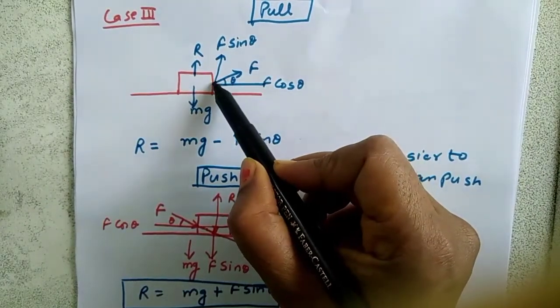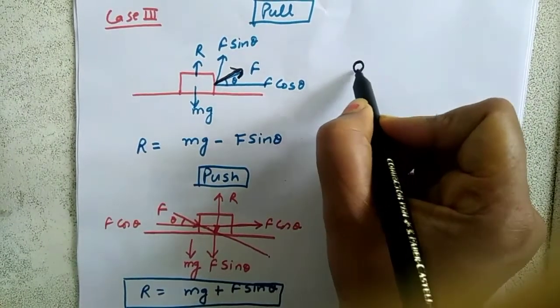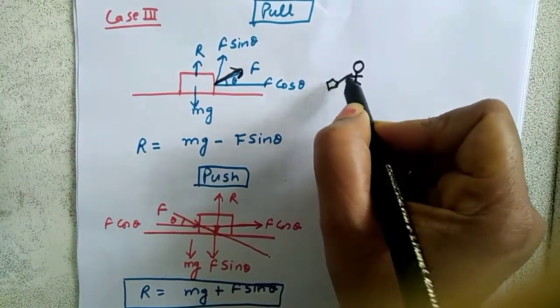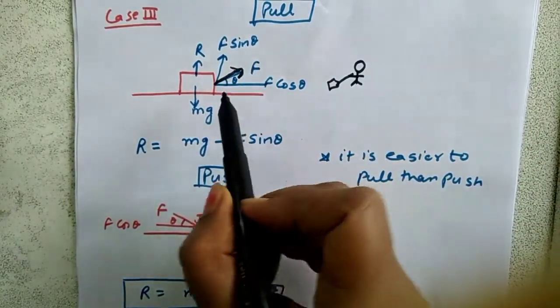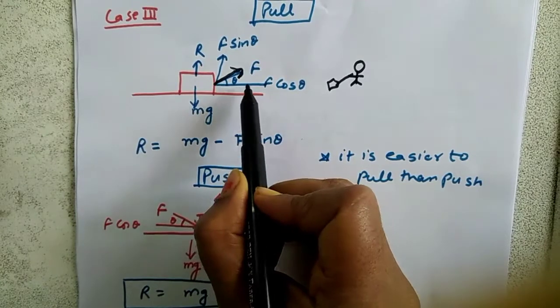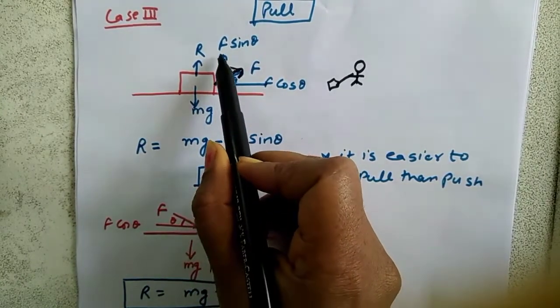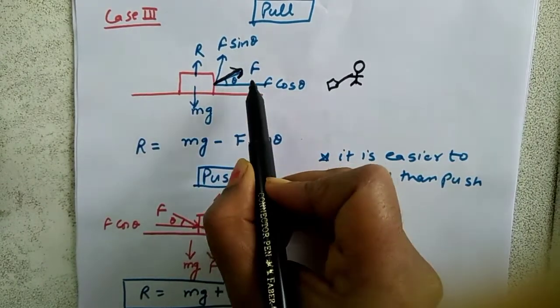Let us say one force is acting. This is a pulling force. You must have seen whenever people try to pull something, like a trolley bag, that time the force will be in this direction. So this component of force is F cos theta, and perpendicular to F cos theta I have F sin theta. Now acceleration,